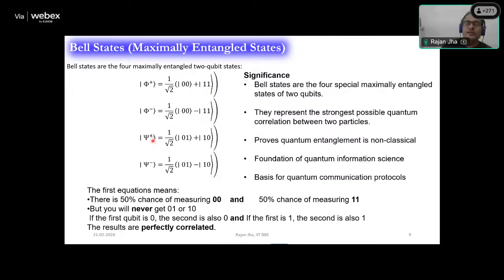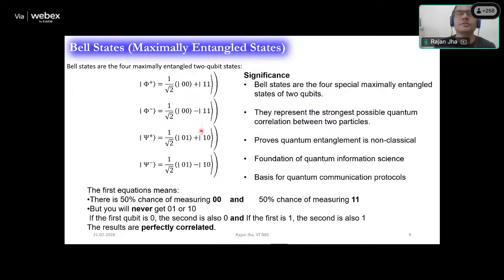That is for the other psi plus state, where you get 0, 1 and 1, 0. But once you have this 0, 0 and 1, 1, that means either you measure this or you measure this, then these are called perfectly correlated systems. So if the first qubit is 0, the second is also 0, and if the first is 1, the second is also 1. If that is the case, then the system is called a perfectly correlated system,